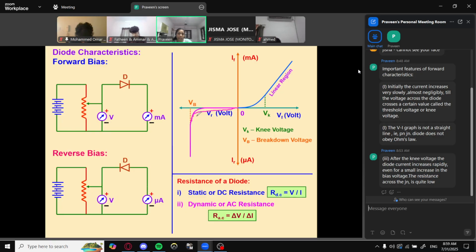So for the reverse characteristics, what you can write: heading, important features of reverse characteristics. Only 2 points you need to write. Write down. Important features of reverse characteristics. Heading. First point: when the diode is reverse biased, a small current